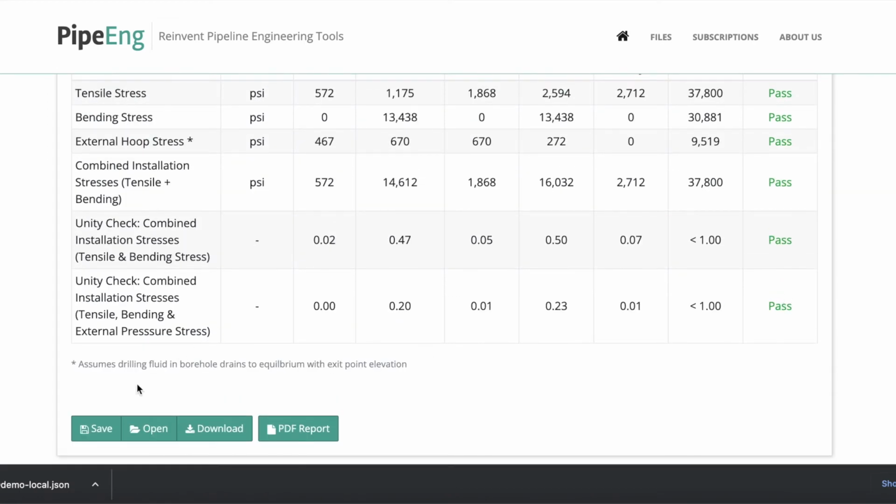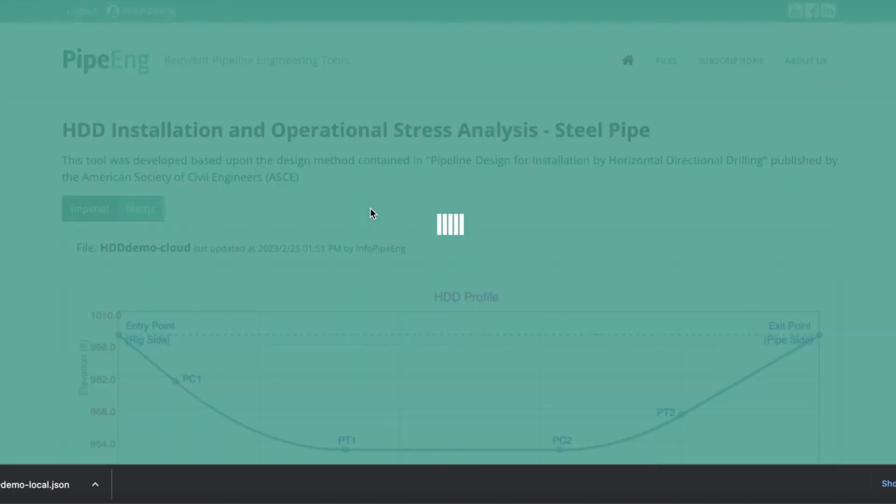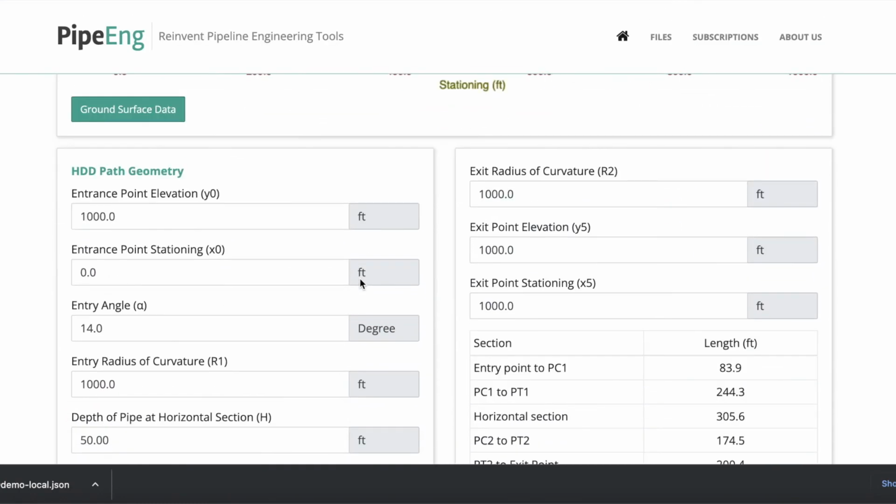Another way is to save in the cloud. You can use the first one. You can click save, and let's say it's the same thing, demo cloud. Then click save. So this page will be re-rendered. As you can see, it's already showing you saved this by who. This is my profile name. It basically gives you the time and date where you saved this, and as you can see, the data you saved